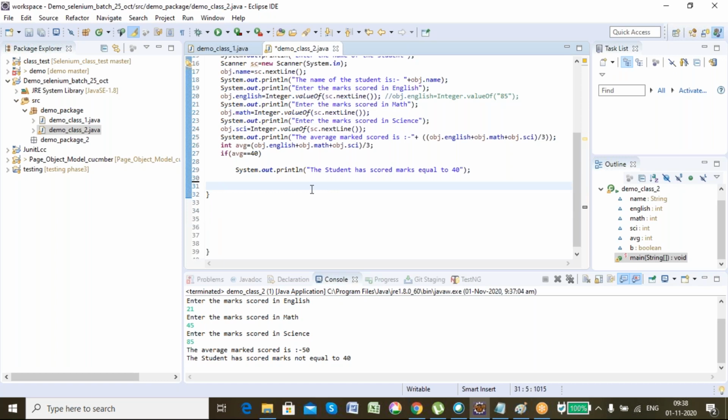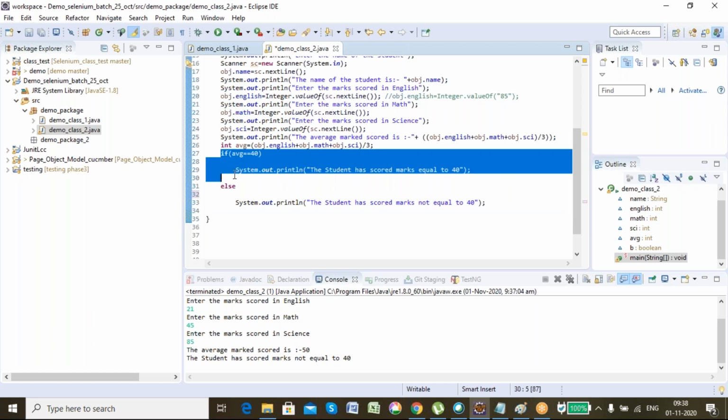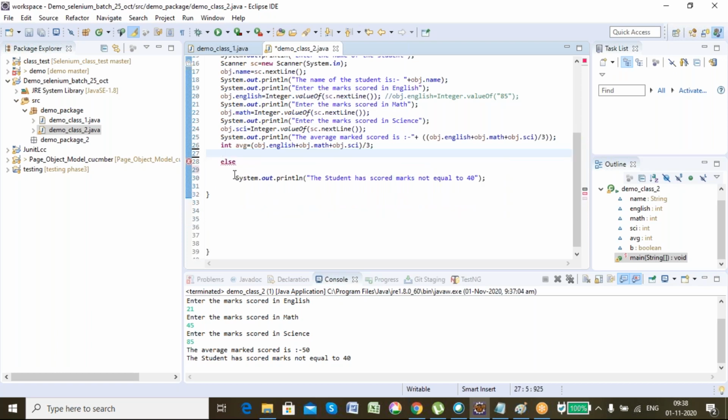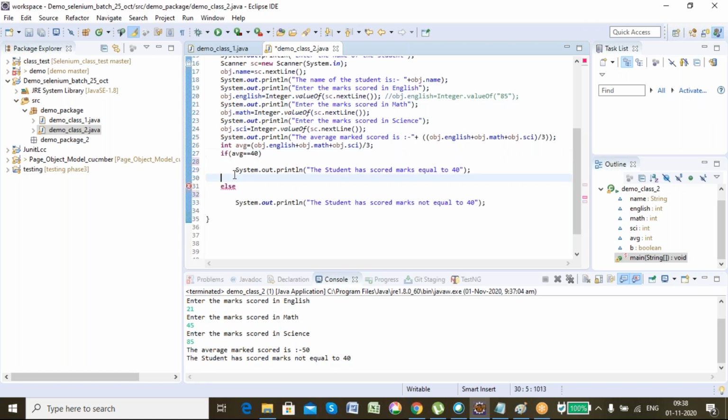If it finds it is equal to 40, then it will print; otherwise it will do nothing. If else was present, it would have done the part which was present in else. But if else is not present, it will not perform anything if that condition doesn't satisfy. But the vice versa is not possible. I cannot have an else statement without an if statement. It will show me an error. Got my point?